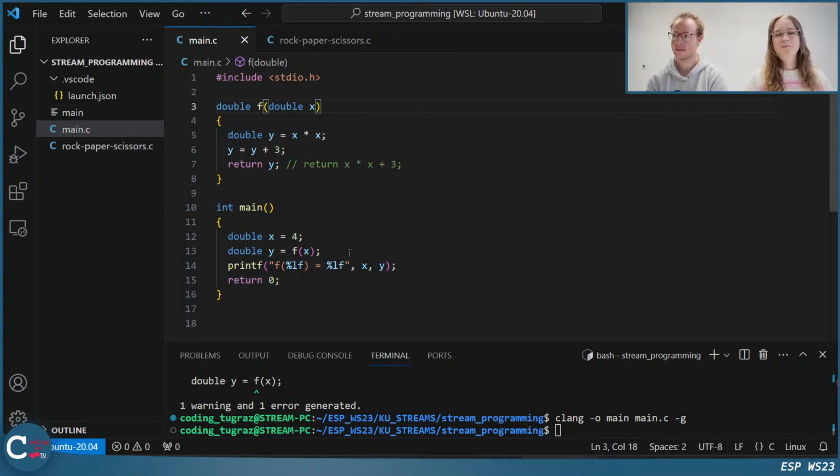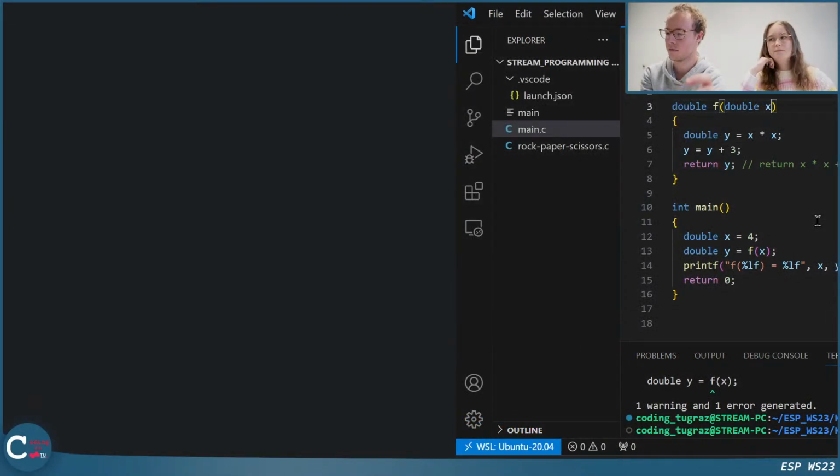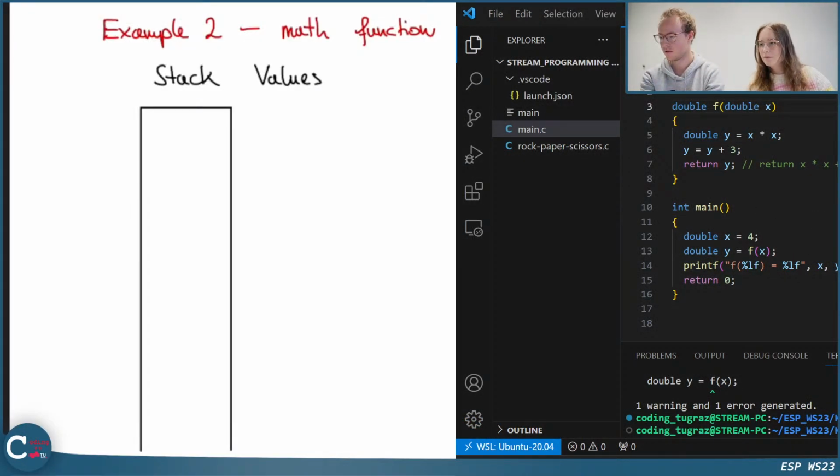Okay, then we have this function implemented, and now we want to have a look at the stack and what is happening internally. So let's see whether this works. Okay, so it works now. And we also see the whole code.